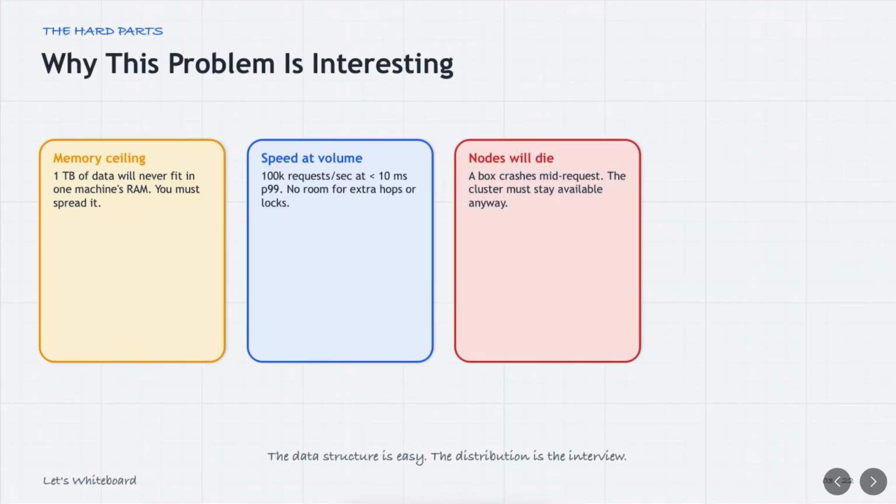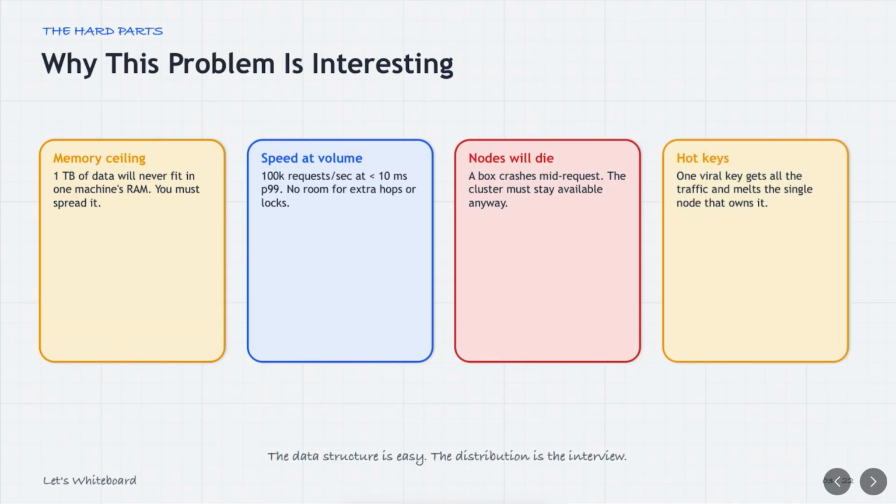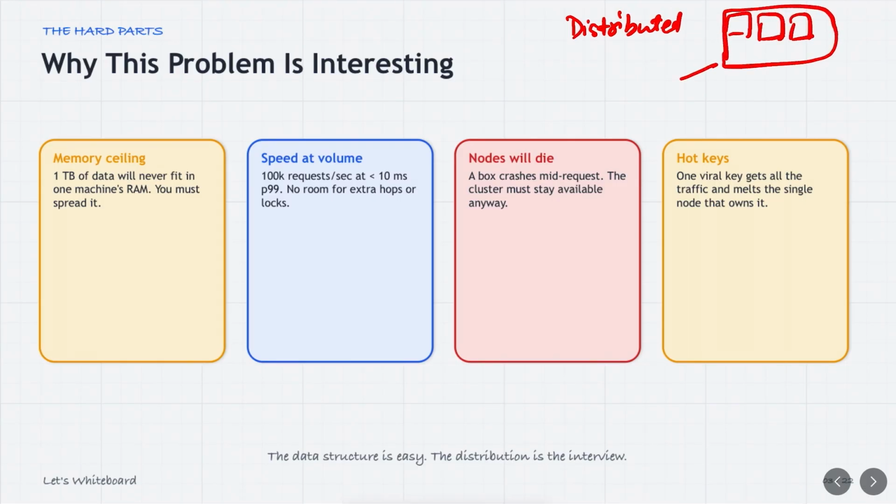But what do you think? Why is this problem interesting? And why would it actually be difficult? Why not a single instance? Why do we call it distributed? There's a reason why we are calling this cache distributed, because we want multiple nodes of cache being able to act as one single cache